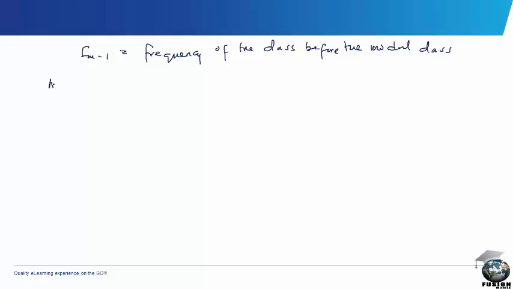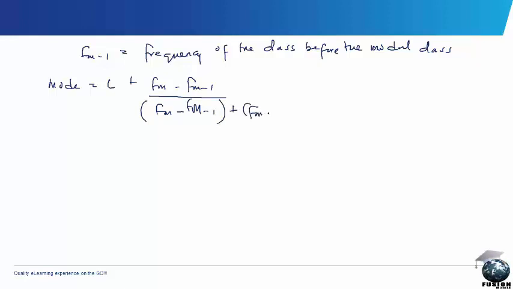And then the mode of a group data is given as L plus, fm minus fm minus 1, divided by fm minus fm minus 1 in bracket plus fm minus fm plus 1, times c. So we'll describe the parameters we have here, where L is the lower class boundary,